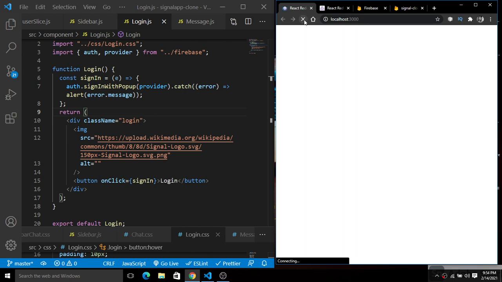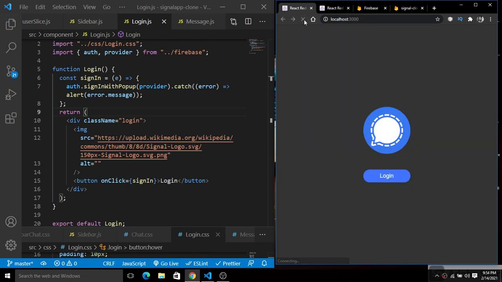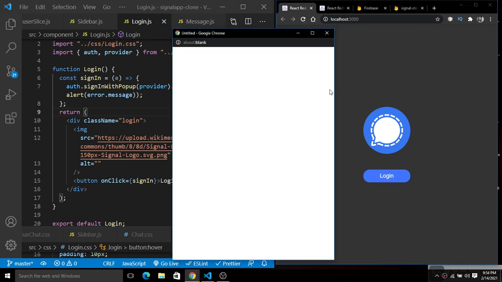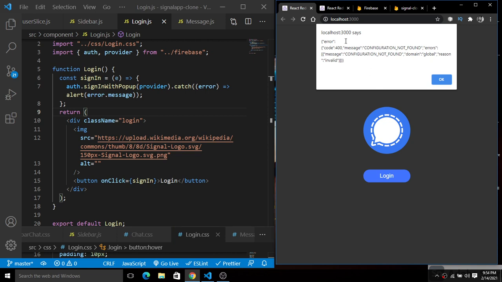First of all, I'm going to refresh this, and next we will click on this login. You guys can see there is a pop-up, but it says a localhost error with